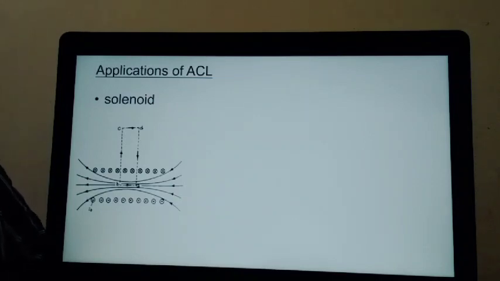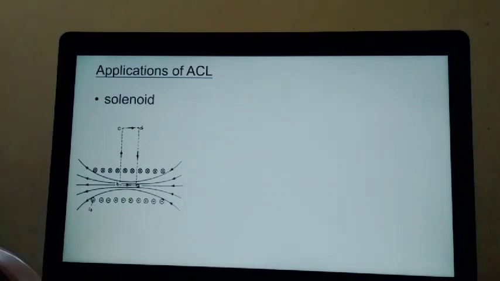We are going to apply Ampere's circuital law for finding the magnetic field intensity due to a solenoid. I already told you a solenoid is a wire wound in the form of a cylinder, and the diagram shows that through that cylinder a current I0 is passing. Considering one end, the current enters the loop, and through the opposite end the current leaves. So when you are taking the cross section,